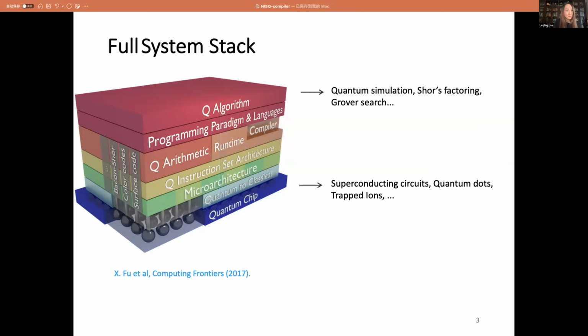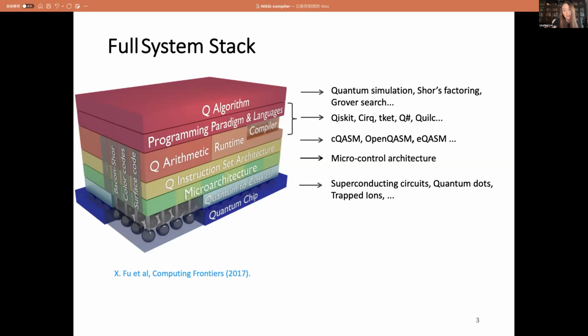First, we need to describe our quantum algorithms by using high-level programming languages. Then we use a quantum compiler to compile these high-level quantum circuits into a series of instructions that belong to the quantum instruction set architecture.